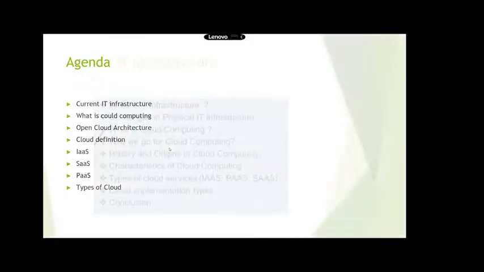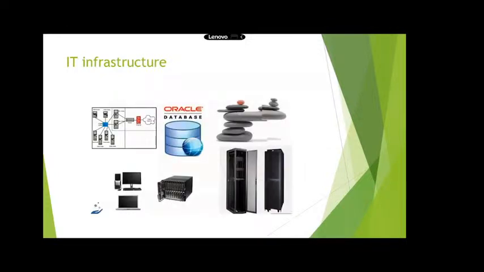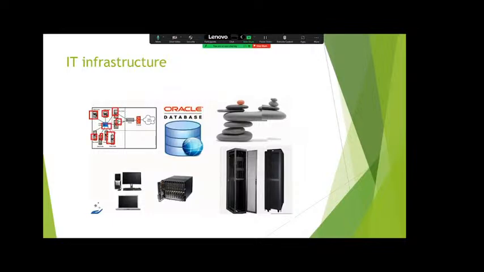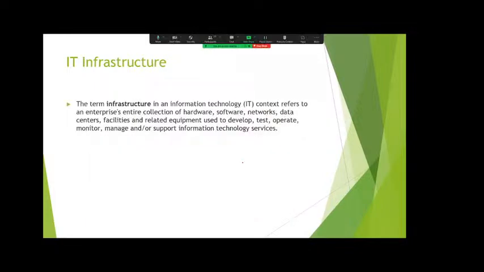To maintain our own IT infrastructure, we require a data center. If you go to any organization, the company will have their own data center. See, this is the exact picture of IT infrastructure. These are the devices, connecting to one router. This is the load balancer, and the requests are maintained by the load balancer. Also, this is the hardware, racks, and database. These are the network connectivity, cables, and switches. We call these IT infrastructure.